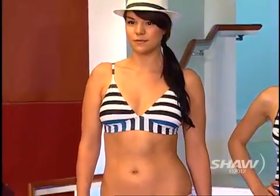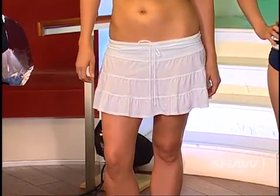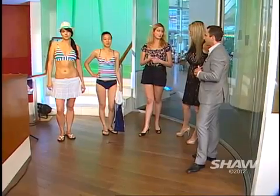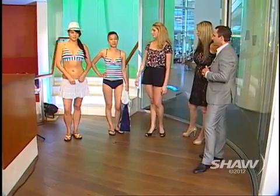And the other look we've got here, this is great. Katie's wearing our blossom skirt. This is going to be your catch-all cover-up. You can wear it out, you can wear it swimming, it can get wet, it dries fast. We have it in white and black, which is really great. Really cute. Underneath, she's got the...